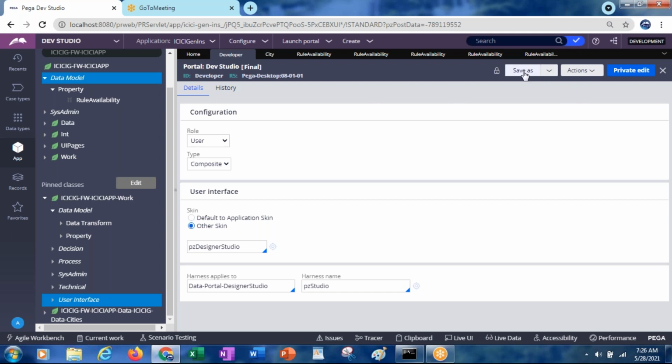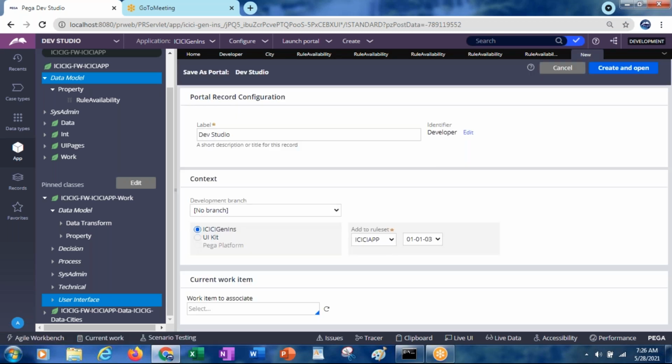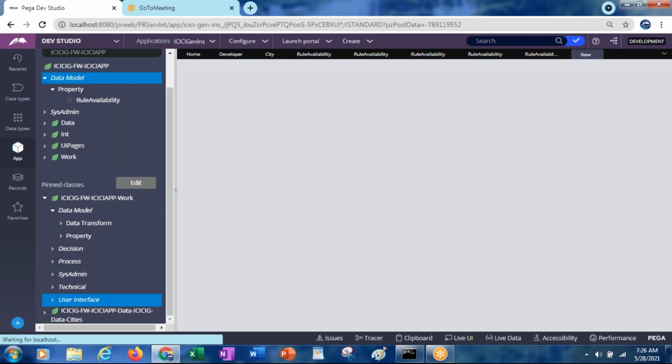Now let me save this into our own rule set versions. So this Dev Studio portal, I'm trying to save as into our own rule set and our own version. Then create and open.